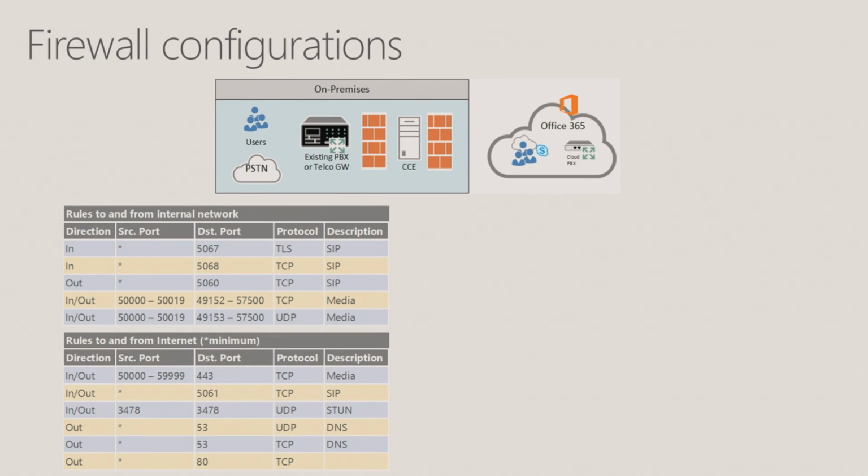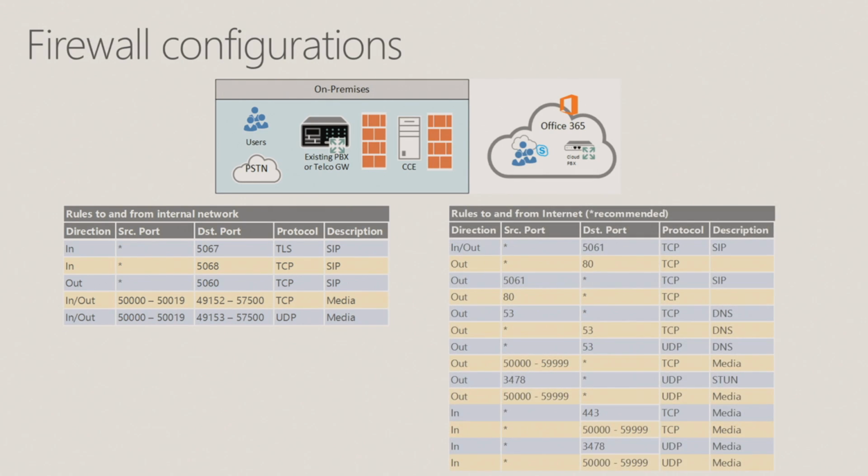The minimum firewall rule allows for the traffic to go to and from the edge services. And as you'll see, it's a bit shorter list than the one that's required when you want the clients to be able to connect directly. So the difference between the minimum and recommended firewall rule set is that the recommended rule set includes the ports the clients use. The minimum uses only the ports that servers use.